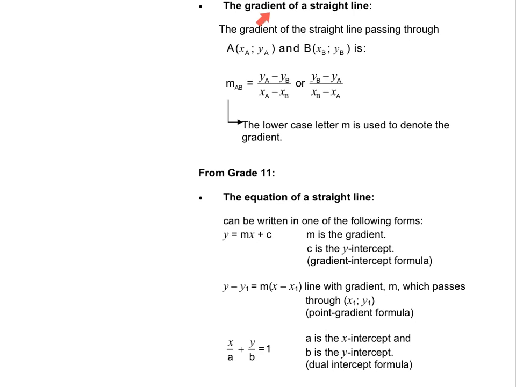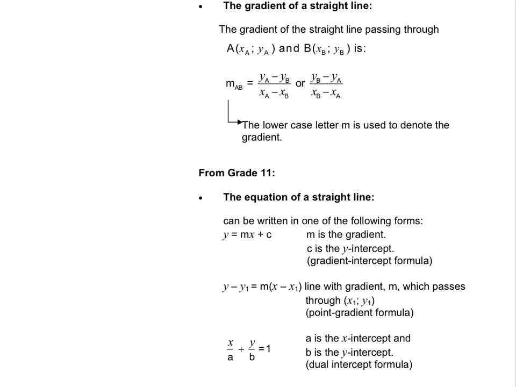Then to determine the gradient of a straight line, we will take the difference in y values above the fraction line and then divide it by the difference in x values below the fraction line. Then a follow-up on the gradient is to determine the equation of the straight line, where we can use the standard equation of a straight line, y equal to mx plus c, where m represents the gradient and c represents